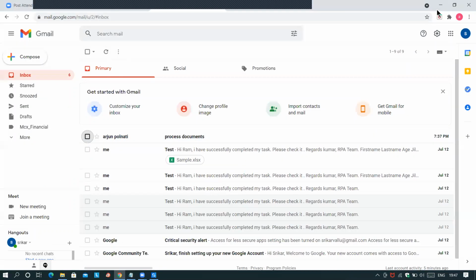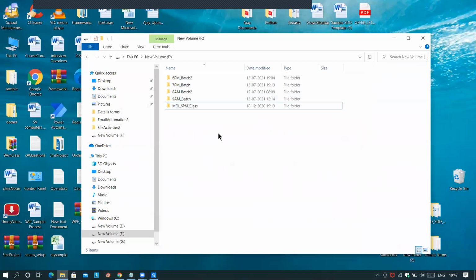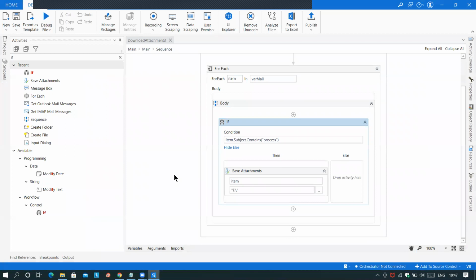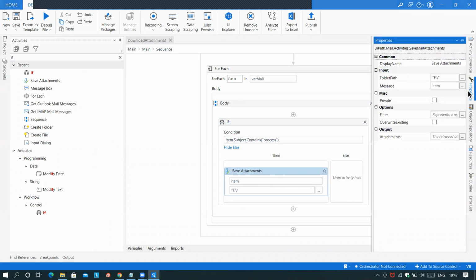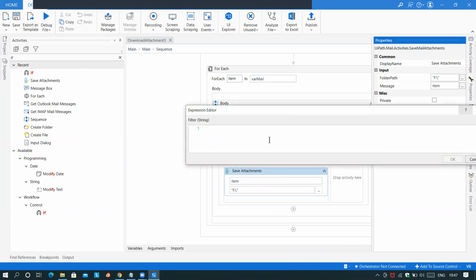Right now, observe this one. There are no downloaded files. Right now, I want to download only a specific file. So this time, go to the properties. In this properties, here we have an option called filter. So click on this filter,